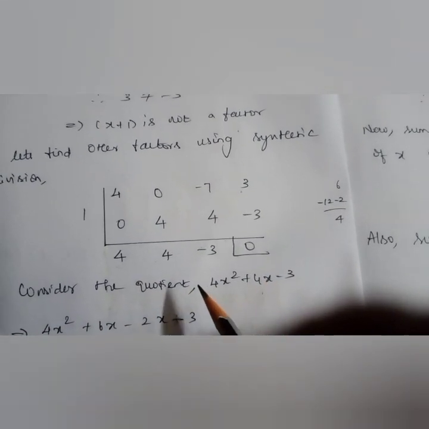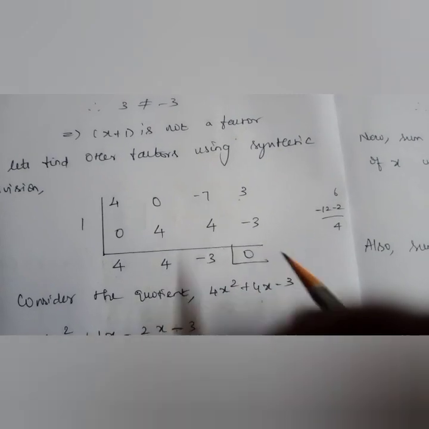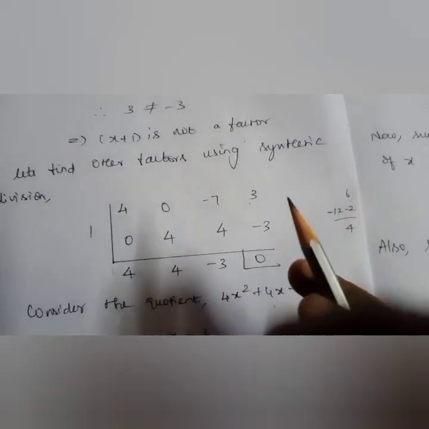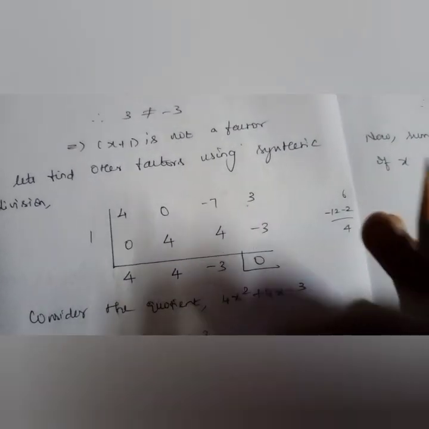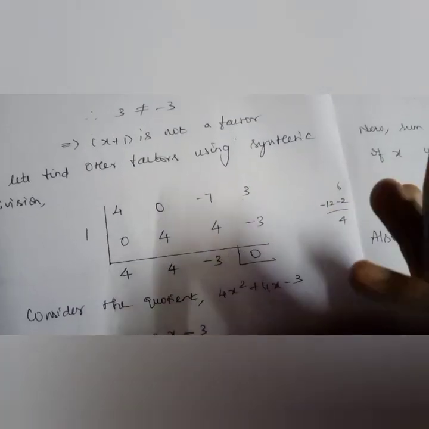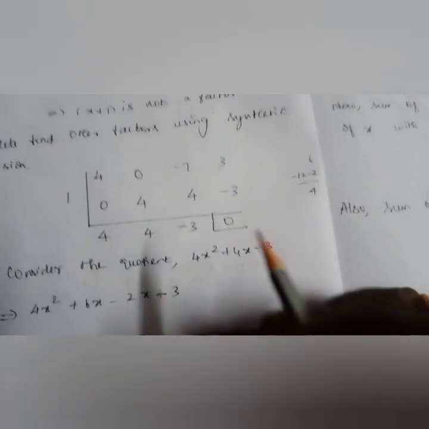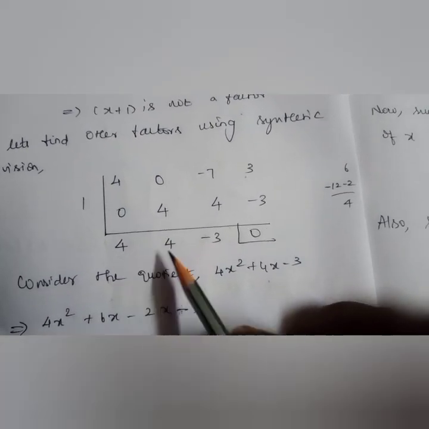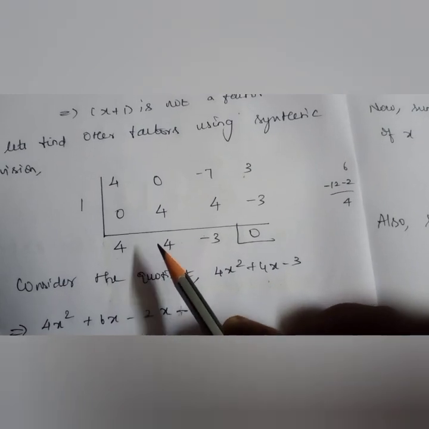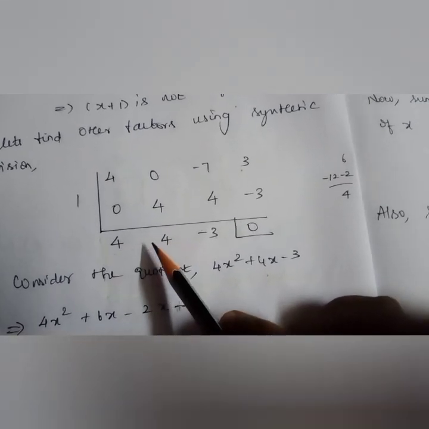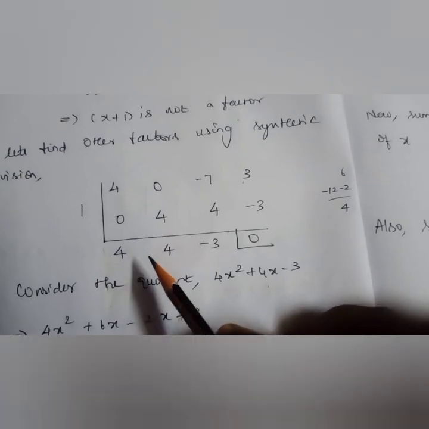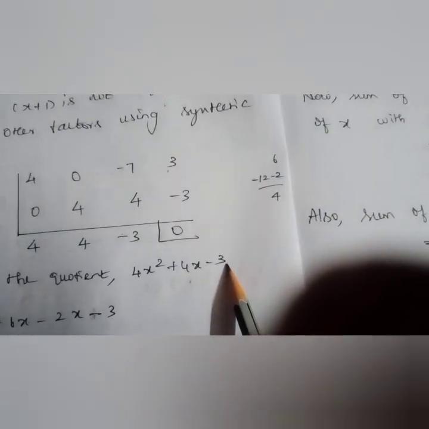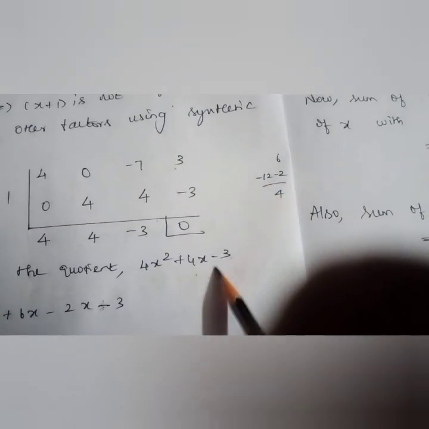Why have we not used the synthetic division here? See, in the introduction itself we have gone through the rules where we have two methods. One can be done throughout with synthetic division. Or the first half can be done with synthetic division and the second half through normal factorization. Why we are using factorization here is because the coefficients of x square and x seem to be little bigger numbers, like 4 and 4, so you will not be able to factorize it using the synthetic division. So what we are going to do is apply factorization. Sum here is 4, product here is minus 12 and sum is 4.